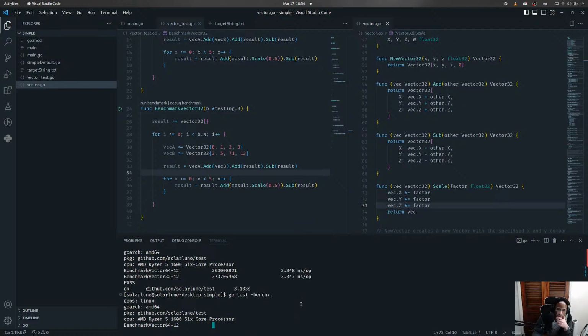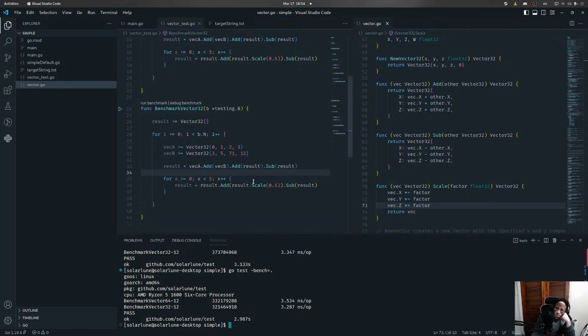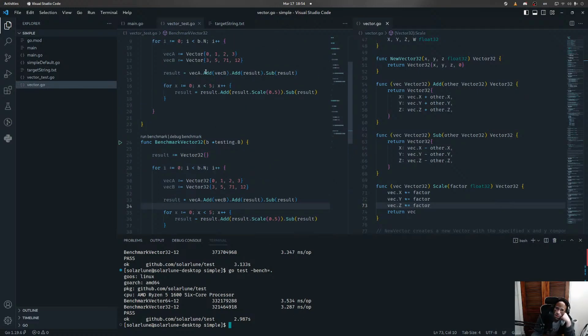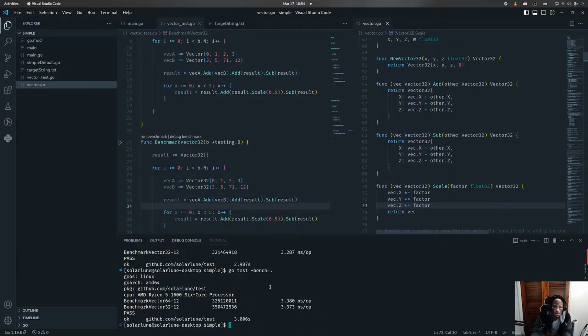Yeah, they're almost the same. Let's see. Add, sub, add, scale, sub, add, sub, add, scale,